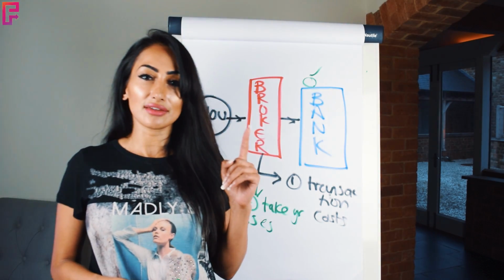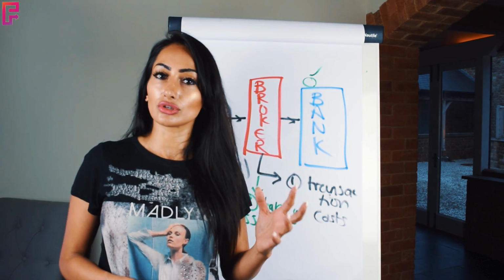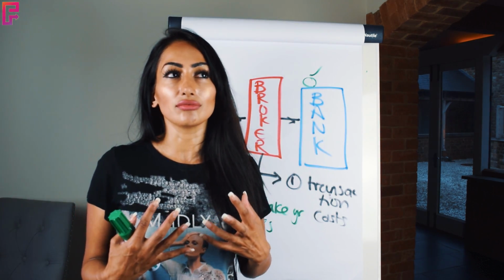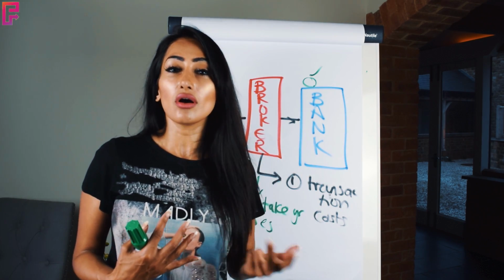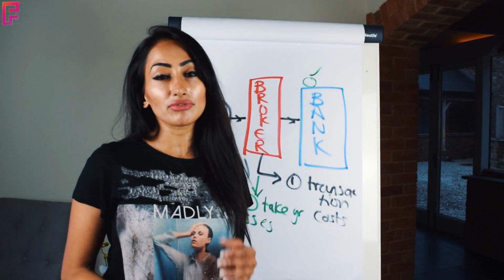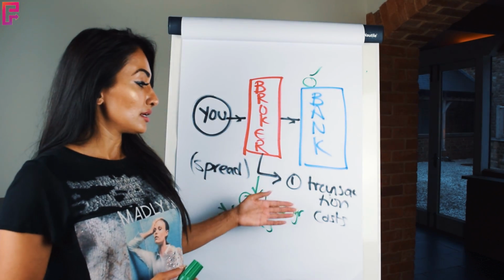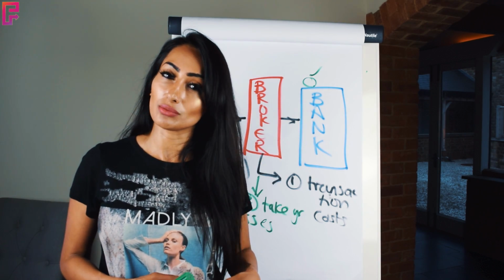Now, if there's one thing you're going to take from this video, it is quite frankly that the brokers are the rogue part of the industry. We need them, we can't trade without them, but they are not out there to look out for your trades and make you do well. There are very few brokers that are very interested in you doing well, and they tend not to be the retail brokers, they tend to be more institutional based brokers.